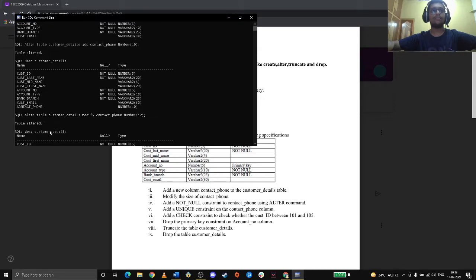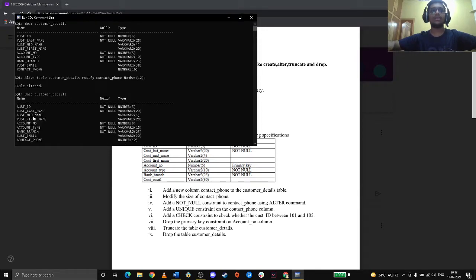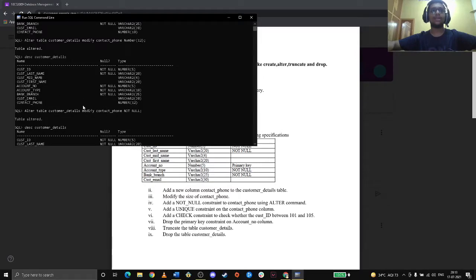Alter table customer details, modify contact phone number 12. Just we give number 12, and before that we have to give modify. So it will say table altered. So if we describe the table, it will say number 12. Previous one was number 10, and now the new one is number 12.